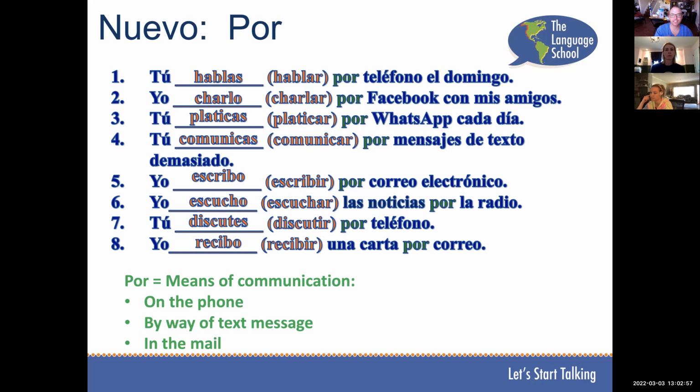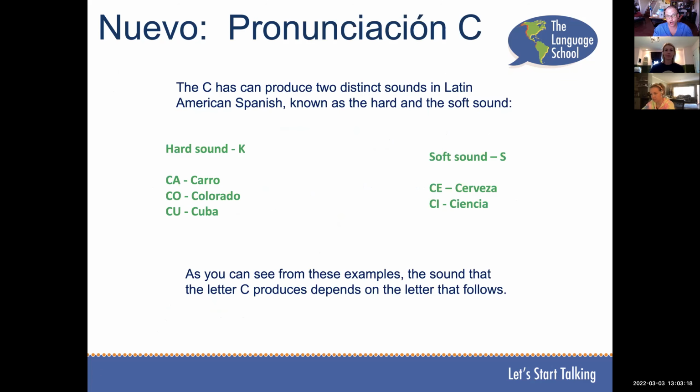We'll continue to work on words like this a lot. Conversationally, you try to listen to the cues that you hear in the conversation. And if somebody asks you a question with por, then you would probably answer it with por as well. This isn't to actually teach you this word, because this word requires a lot of study. It's just to open you up to this concept today that not everything translates very well.